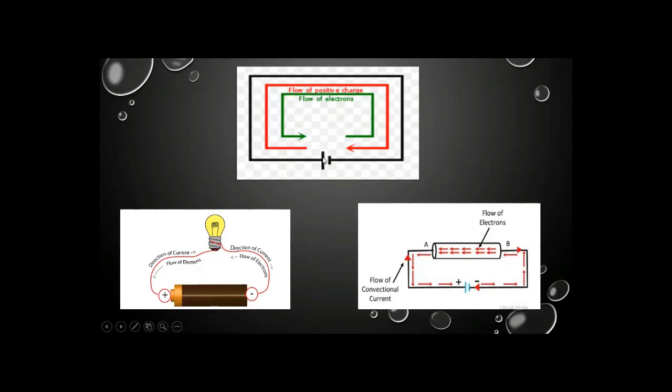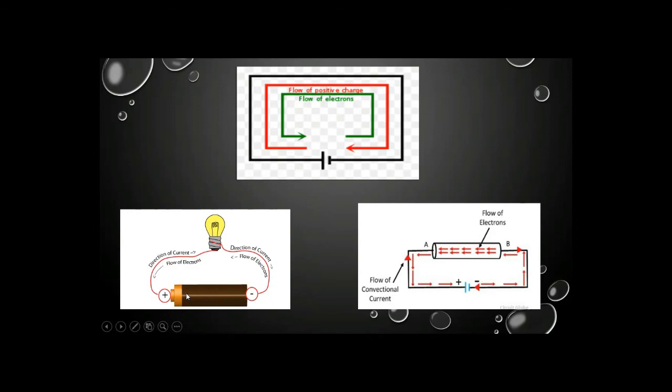As we know, positive charges are at a higher potential level, and when they move from the positive to the negative terminal, it is known as a conventional current, and the flow of electrons is always from the negative to the positive terminal, as you can see in that picture. And why is it so? Because the negative terminal means there is an excess of electrons, so electrons move from the excess part to the deficiency of electrons, but the direction of current is opposite. It moves from the positive charge to the negative charge.